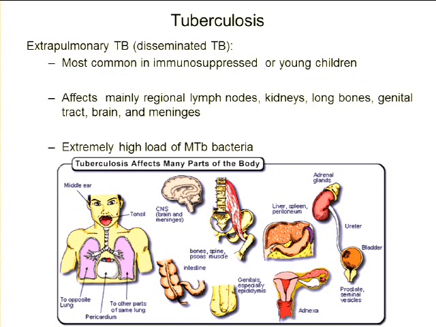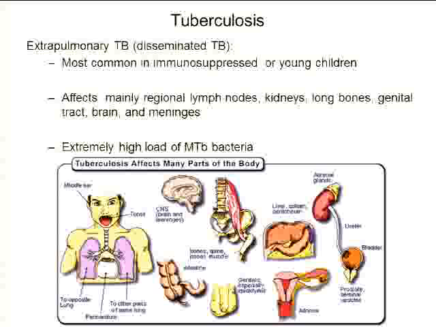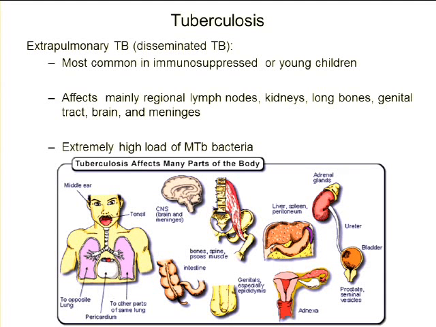So renal TB can cause necrosis of the kidney. That's not a good thing. It can cause scarring of the bladder and the ureters, accompanied by painful urination, blood in the urine. So those aren't good things. Genital TB in males can damage the prostate, the epididymis, the testes, and the seminal vesicles. So genital TB in males can essentially damage the entire male reproductive tract. In females, fallopian tubes, ovaries, and uterus are damaged.